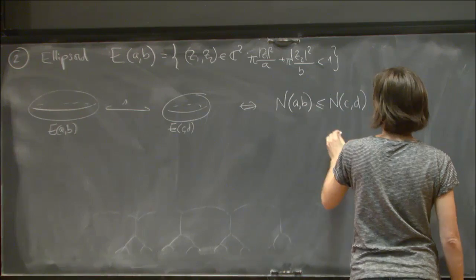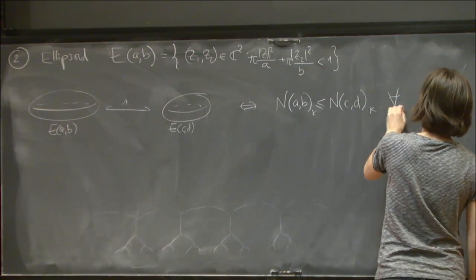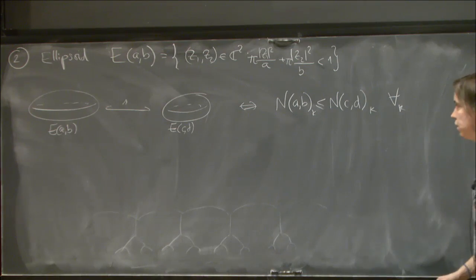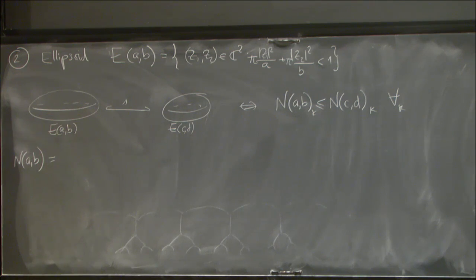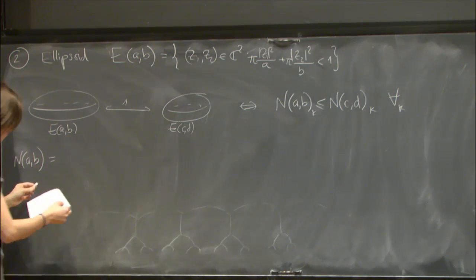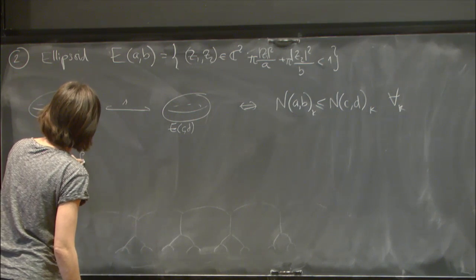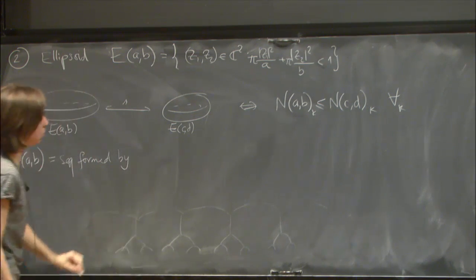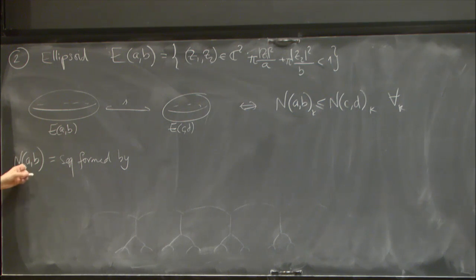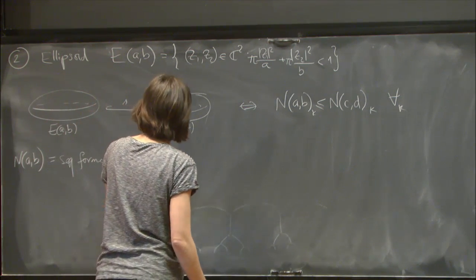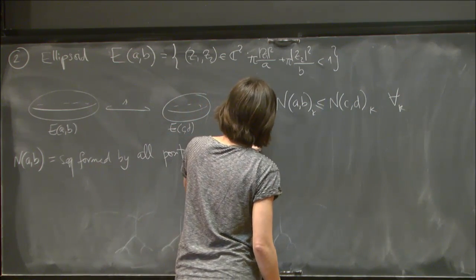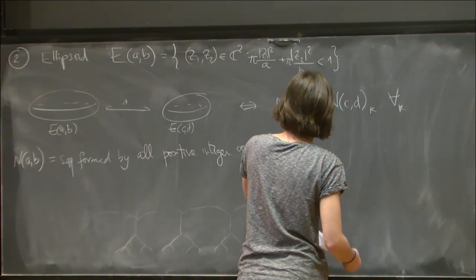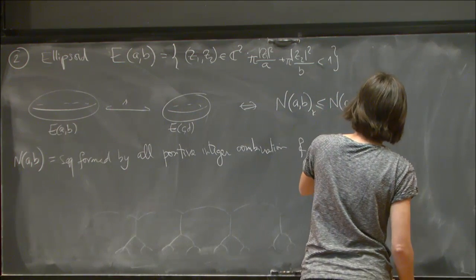And C, D for all k. And I should tell you what these guys are. So N(A,B) and N(C,D), these are sequences. So a sequence formed by, you take all integer combinations of A and B, and then you order them. Okay, so formed by all positive integer combinations of A, B in